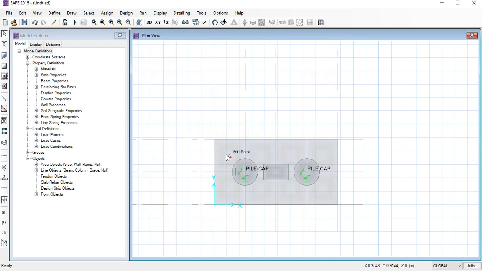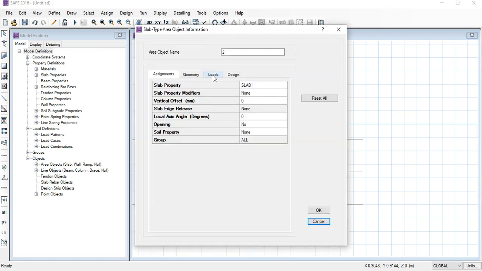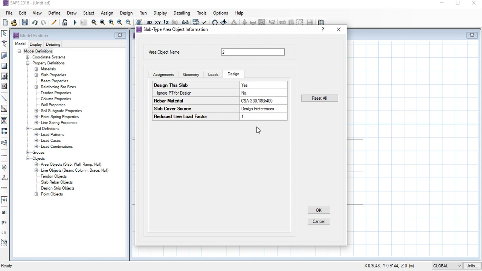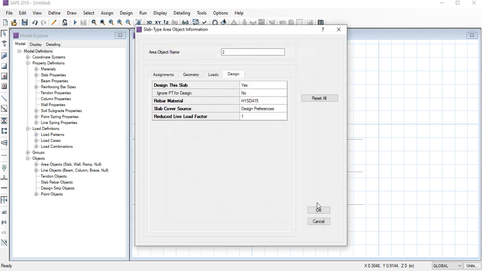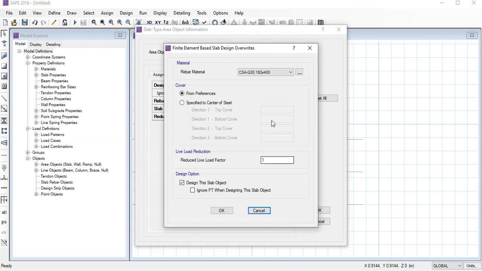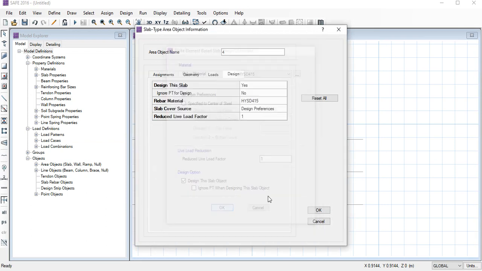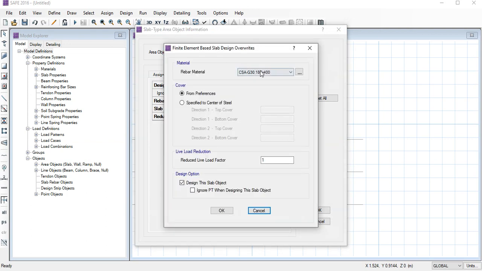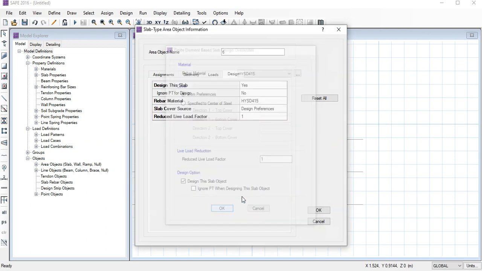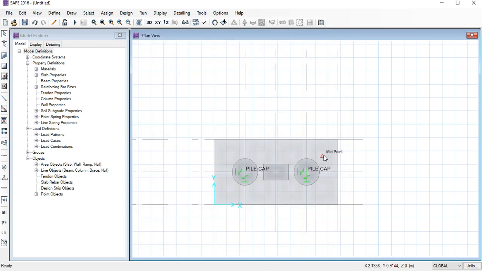Now we will assign the steel bar. For assigning the steel bar, we just need to right click, and here is the Design option. Here you can click Rebar Material. We have given HYSD 450, so you can click OK, and OK. For all of these we will assign things according to this way. And for this section I will also assign 415. So according to this way you can assign all the data.